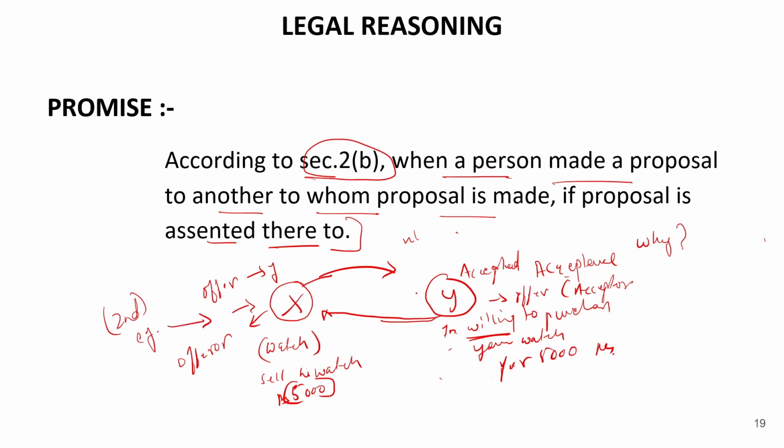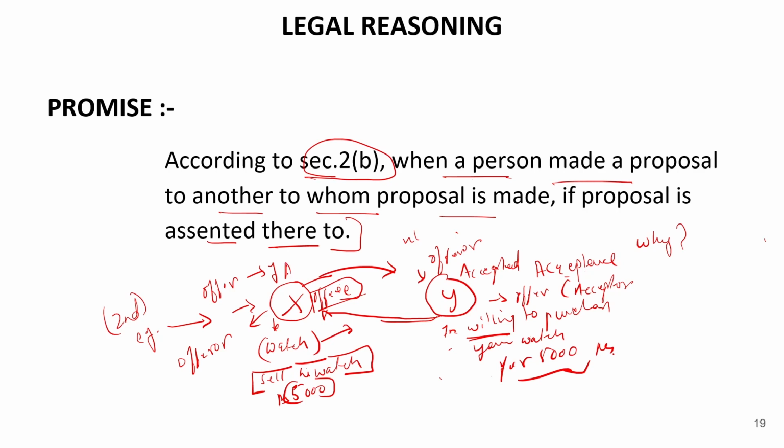what we are seeing is that here X had the watch, but he never wanted to sell his watch. Although he might have had in his mind a willingness to sell his watch, he has not communicated his willingness to sell the watch to Y. But Y has communicated his willingness to purchase the watch of X for the same amount. So here it is Y who has become the offerer and X the offeree. Now it is upon the discretion of X whether he is going to sell his watch to Y or not.